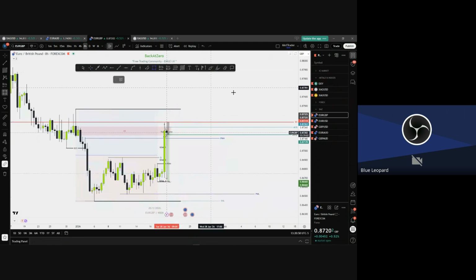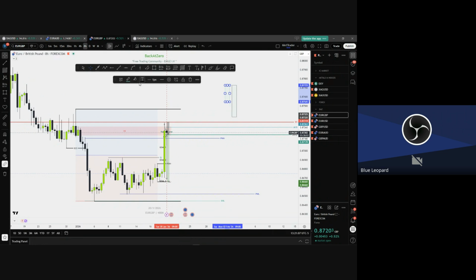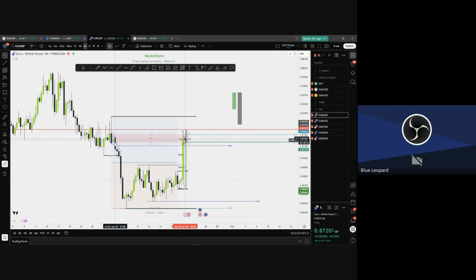ECR was just an engulfment. In this case, we have a bullish candle and then a bearish one. It's a candle that's covered by another one, okay? And this candle, when you see it here, let me show you the green one. And this one is the dark one. Let me mark it like this. Their bodies covered. And when you have this, simply mark this one as your ECR zone, okay?